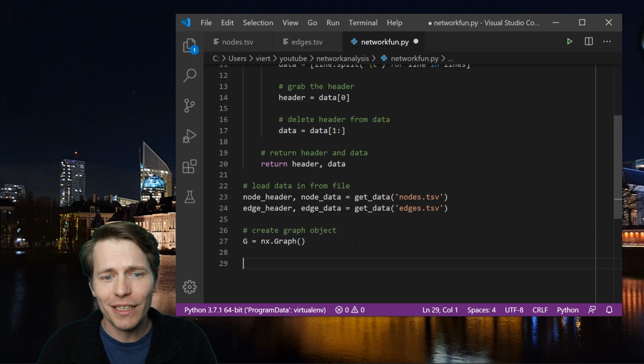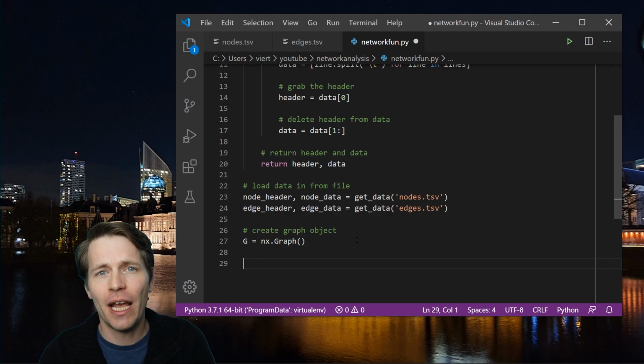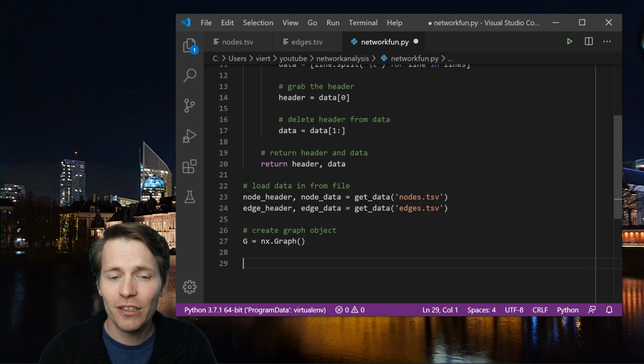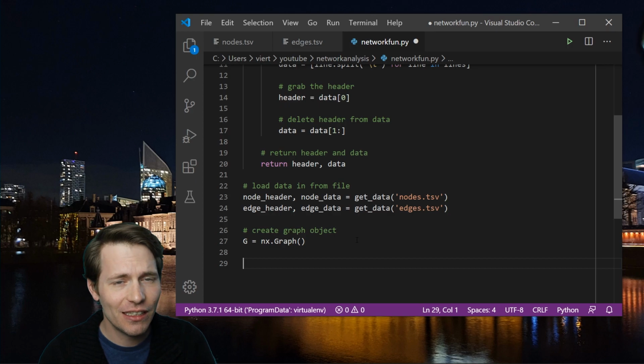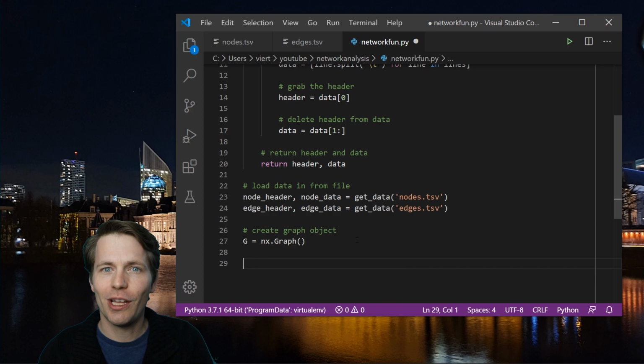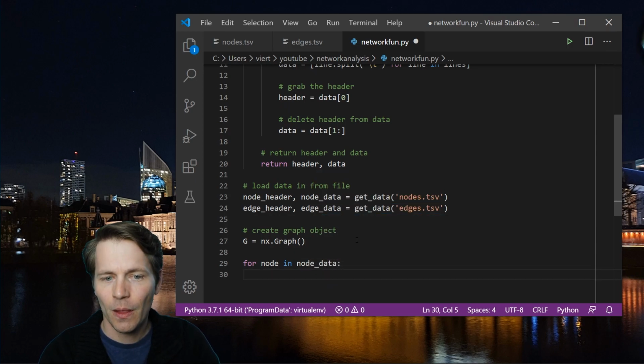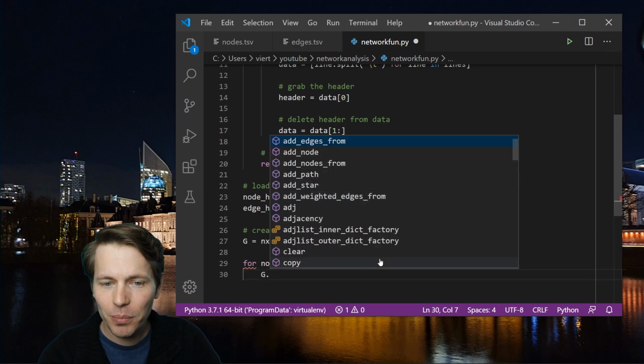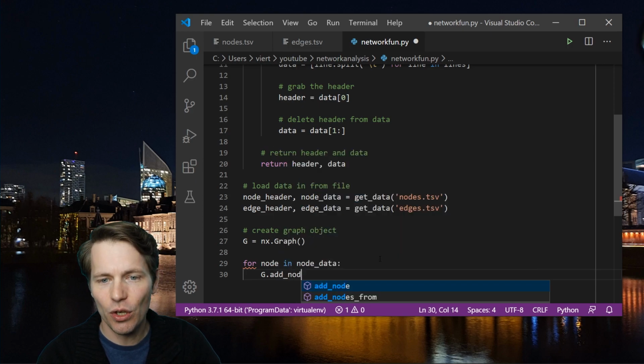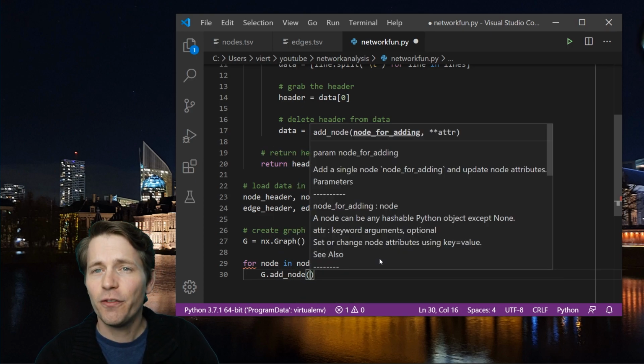So now to load in the data, it's actually pretty simple. I'm going to iterate through my node data and add it one by one to this graph. Now, NetworkX does have a function that lets you import using a list, but adjusting individual parameters on each node is a little bit difficult when you do this, so I'm just going to do it one at a time. So I'll say for node in node data, to do that, I simply say g.add_node, and the first thing I want to do is give it an ID,